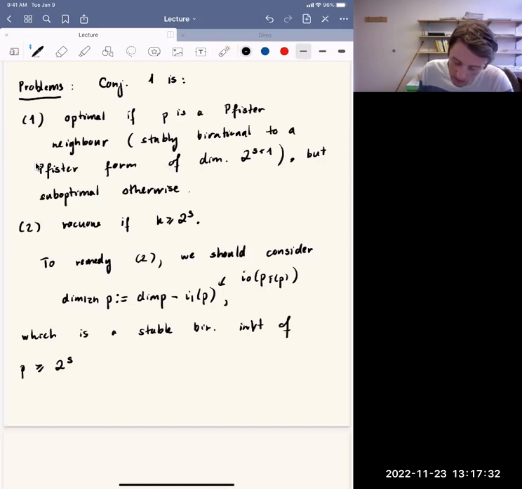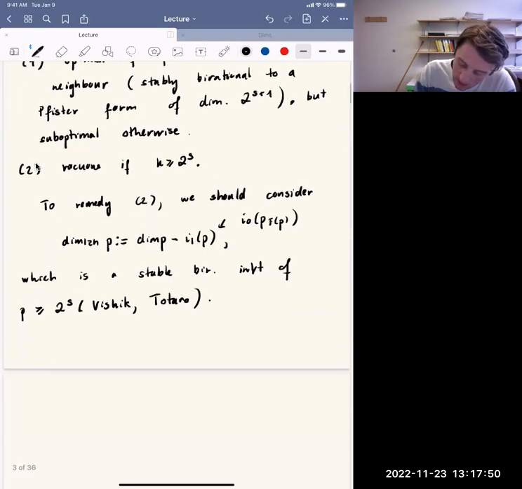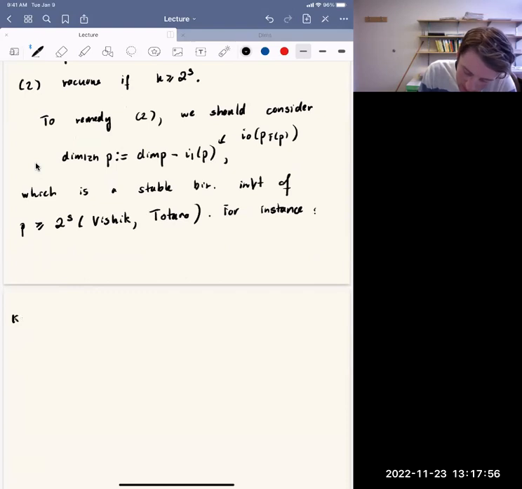And in fact, the possible values of this thing are known by a theorem of Karpenko. So the fact that this is a stable birational invariant of P is a result of Wishik for non-singular forms, and for singular forms it's been proven by Totaro. So for instance, if we go back to the separation theorem, there's an important result in the early 2000s due